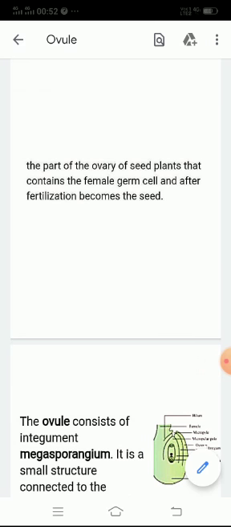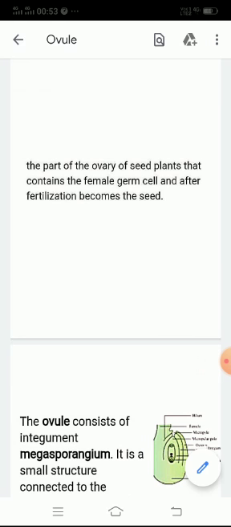We have already talked about the structure of pistil or carpel. There are three main regions. First one is stigma, second one is style, and third one is ovary. Stigma is the front portion of pistil, and the second one is the long cylindrical portion that is known as style, and the last, basal bulge portion is the ovary, and inside the ovary there is ovule.